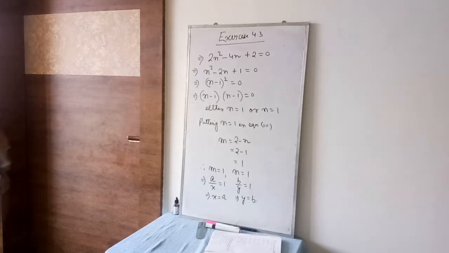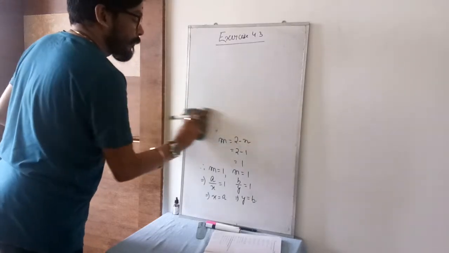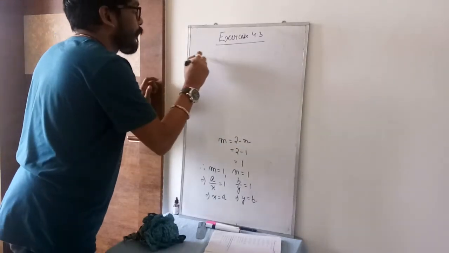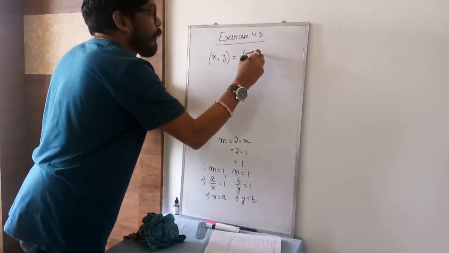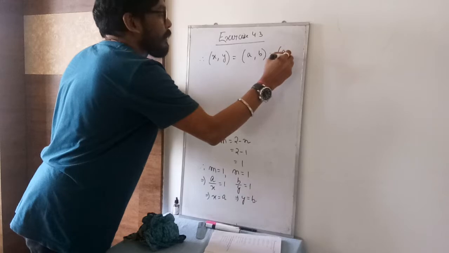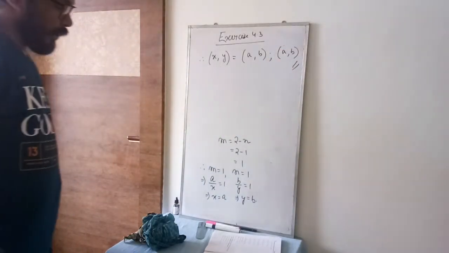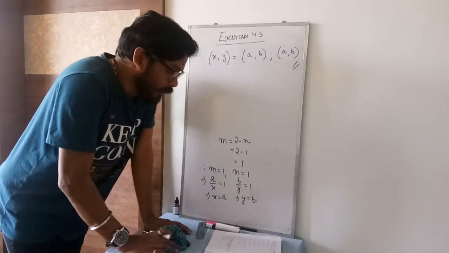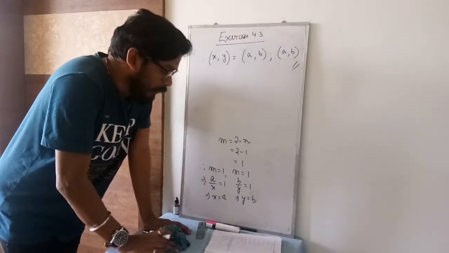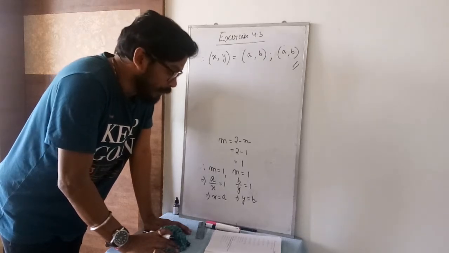Okay, take the screenshot. So last you can write, for the other value of m also you will get the same. Therefore x comma y equal to a comma b, and the second one also a comma b. So this is the two sum. I thought you may find problem. Rest I don't think you may find problem. If any problem arises, you can discuss with me.